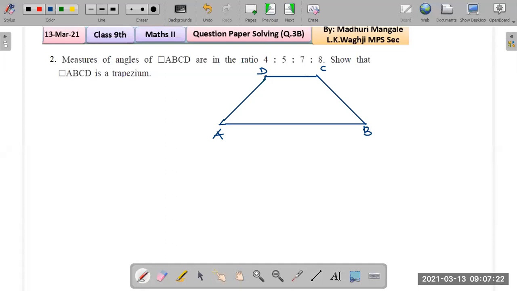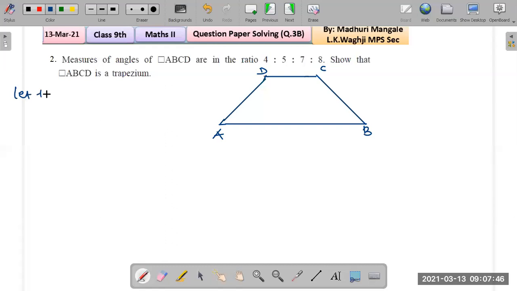And how would we prove this? So first we need to find all the angles. We don't know the angles. We are given the ratio. So using this ratio, we will first find out the angles. Okay, how do we begin on this one? So we start with a common multiple, right? Because the ratio is given. So we start with writing out the common multiple.